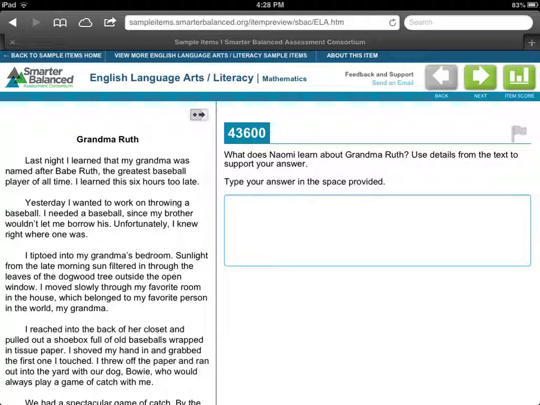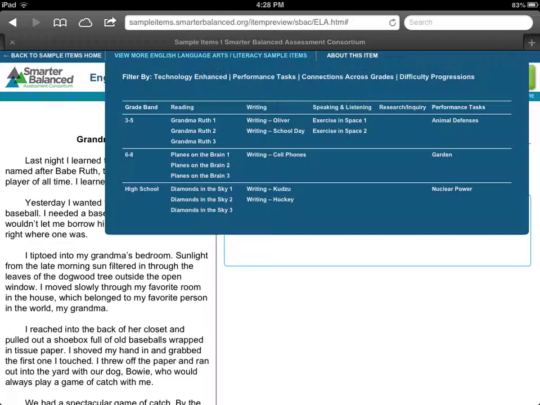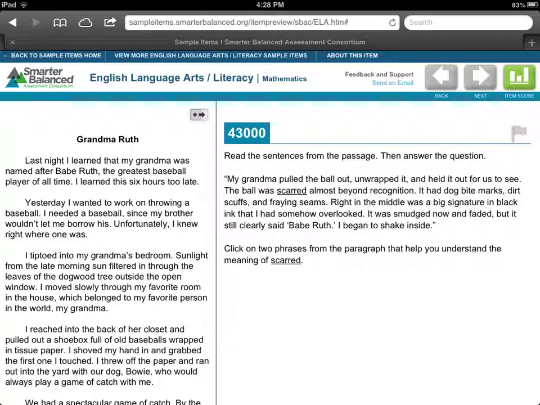So now what we're going to do is actually start getting into some of those sample items. The first thing that you'll want to do is actually click up here where it says View More English Language Arts Literacy Sample Items. You should get a dialog box that looks like this. For the sample and video tutorial for this assignment, we're going to look at Grammar Ruth 2. So you can click on that link with your finger. And after clicking on that link with your finger, you'll see this